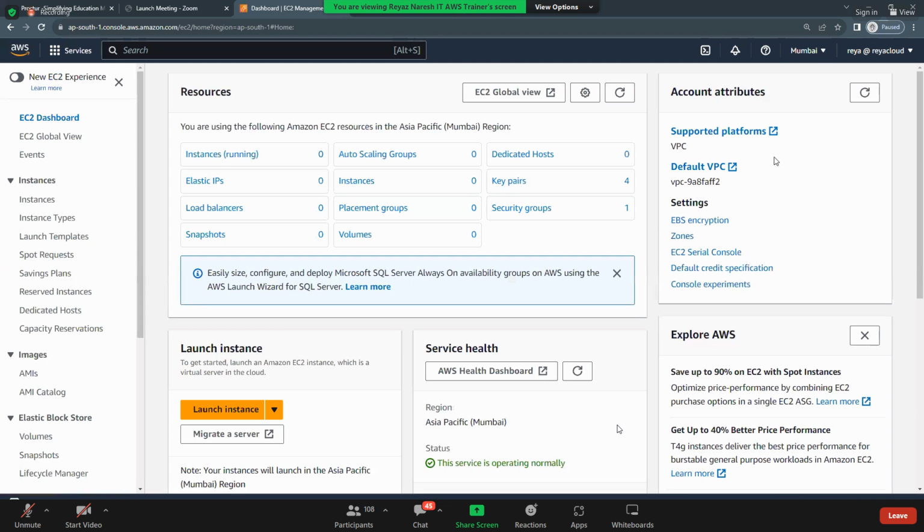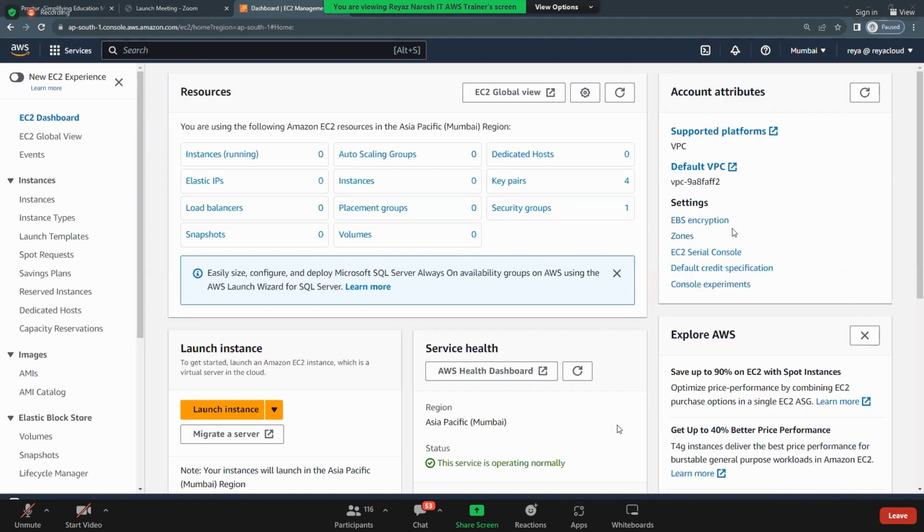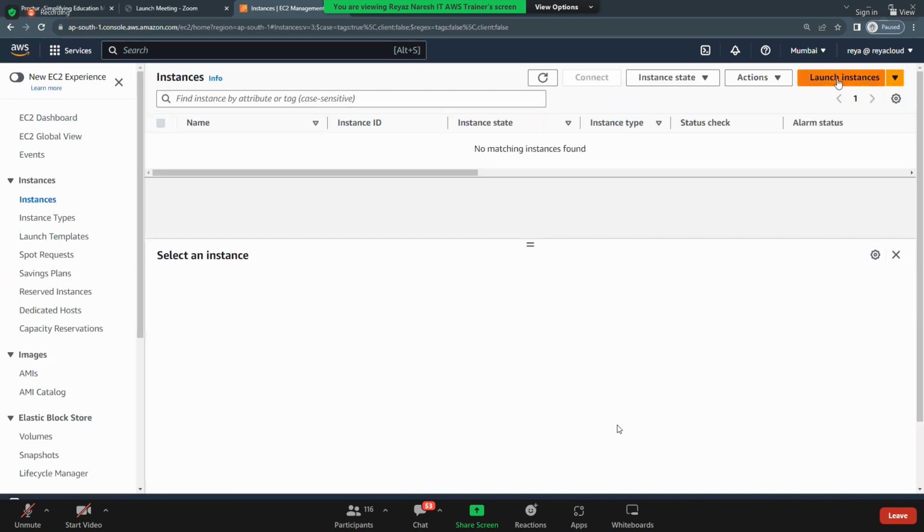Guys, and by the way, which is a favorite region of AWS? North Virginia. I told you already, right? So North Virginia is the default because every new service will get implemented first in North Virginia and then later to each one by one regions. Okay, so no problem. When you log in, if it is in Ohio or North Virginia, whichever it is, go and select your Mumbai region. That's fine. Okay. Now let's go and launch EC2 instance.